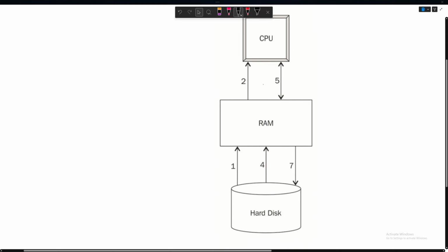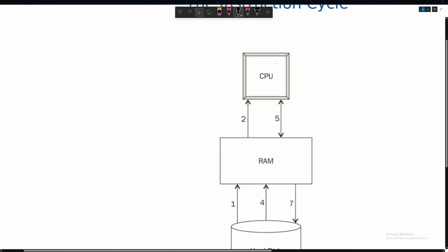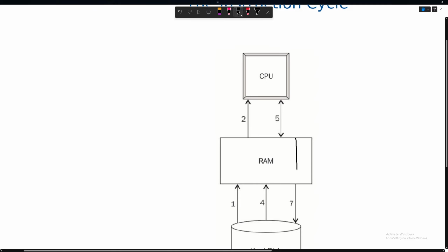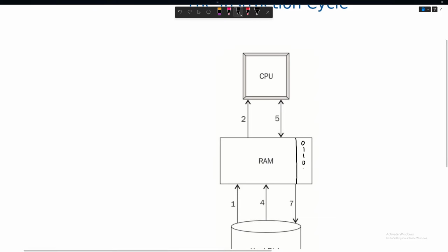How does this work? The CPU will do something called a fetch. Just like it sounds, it fetches. So it goes here. On the RAM, you'll have some history, which is called 0, 1, 1, 0, 1, 1, 0. Okay? So the fetch, the CPU will come here and it will grab this, it will fetch it. This will then go, or like from this path, let's say, and it gets stored here